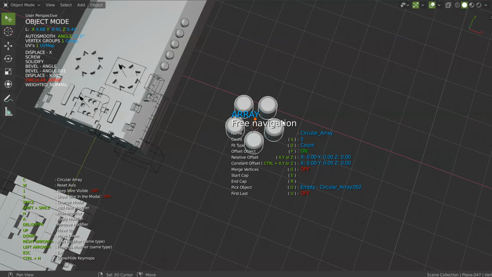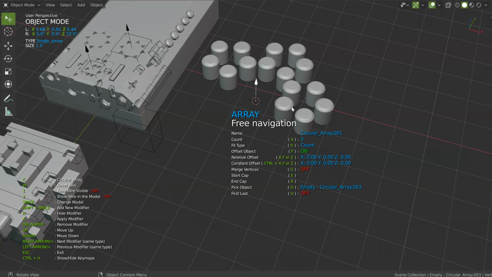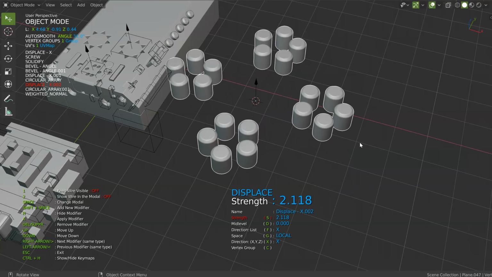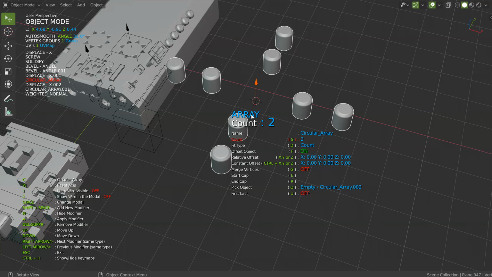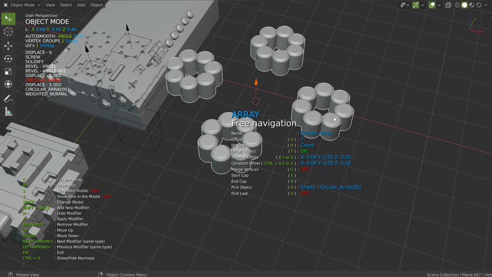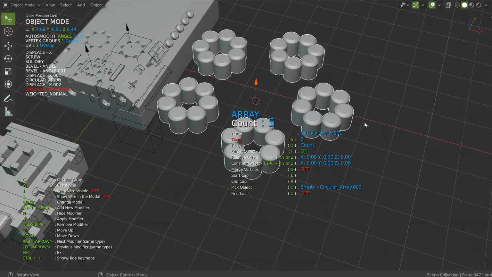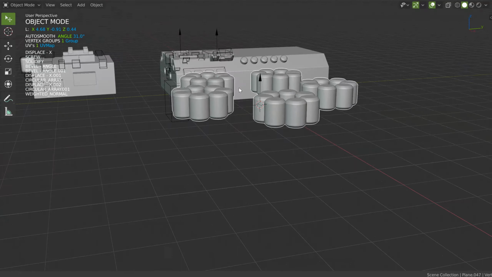the number here. What I can do on this one, in fact, is press Shift space, and press C, and I will just do this. So, just like that, if you check, I created an array circular from an array circular. If I come back on the other one, as you can see, that will do this. If I come back to this one, I will do this, etc. So I can make an array of an array of an array of an array. There is no end on this, and you will have a lot of modifiers.